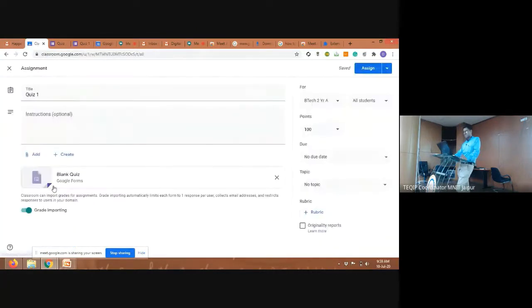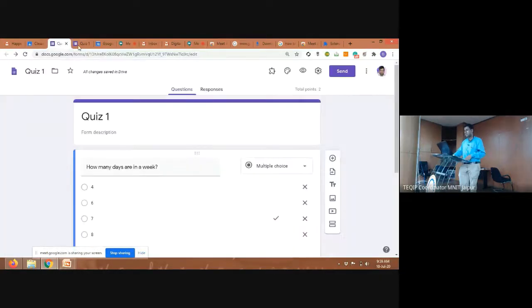Okay, so once it is created, then you can assign it. You can assign it at the same time, or you can schedule it for later. Now when you schedule it for later and you want it to start at a particular time, and automatically stop after, let us say, 10 or 15 minutes, that is not there in Google Classroom, that it will automatically stop. For that, you will have to use an add-on, like here.